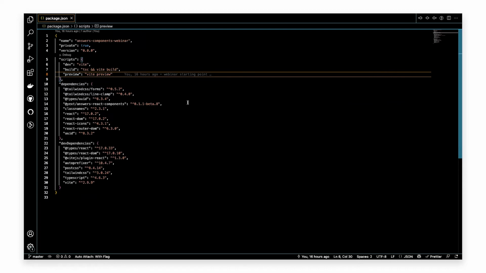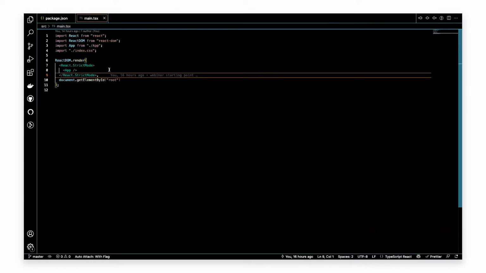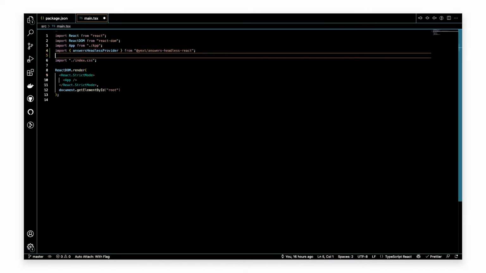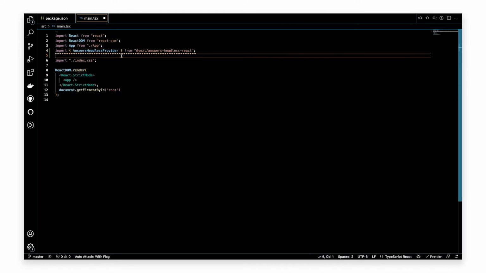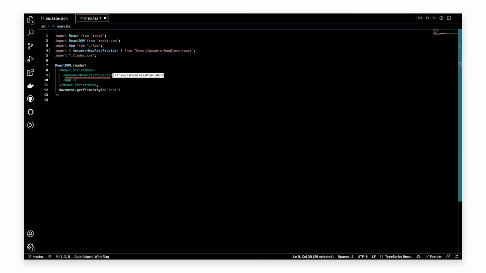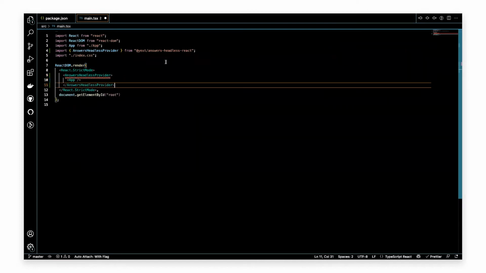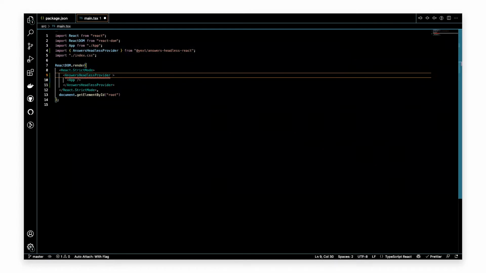Before I can get started with the components, one last step I have to do is go over to main.tsx. I need to first import the Answers Headless Provider component from Answers Headless React. Now that I've added that, I will wrap my app in Answers Headless Provider. Take this closing tag, put it here. And the linter is yelling at me because I need to add some Answers configuration here,